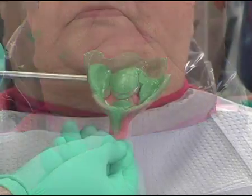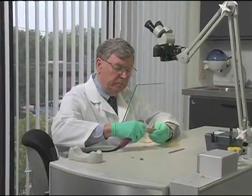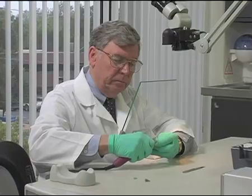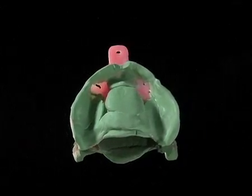Note, there are 4 areas that the tray rubbed through the impression material. These areas should now be trimmed away approximately 1 to 2 millimeters before making the final wash impression of the tissue basal seat, or load-bearing area. Note the detail